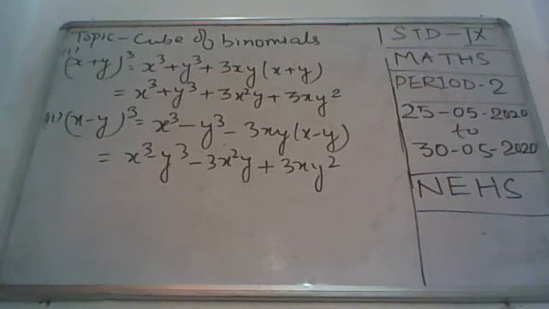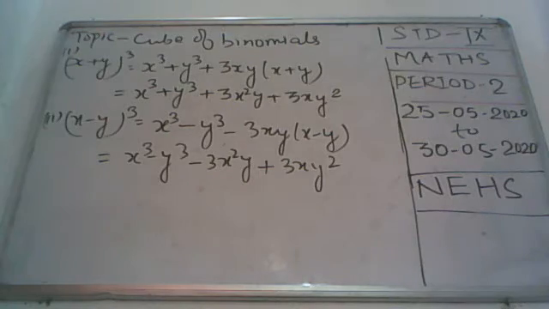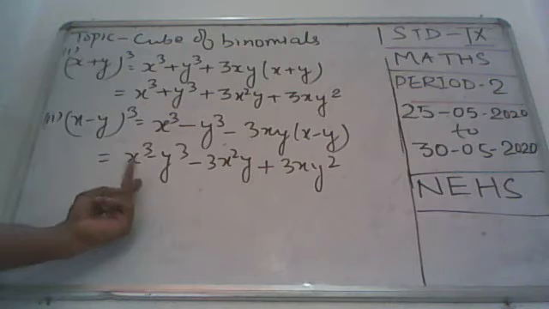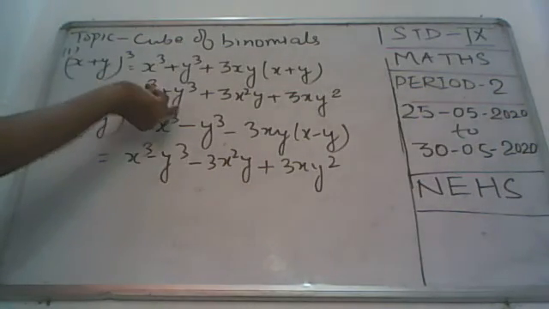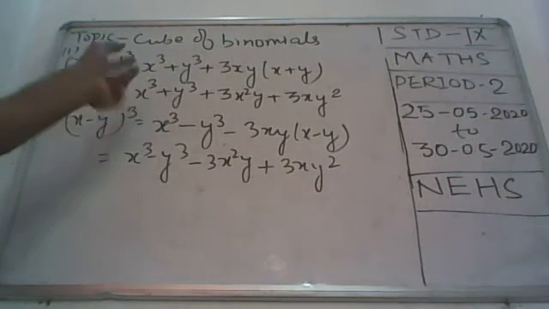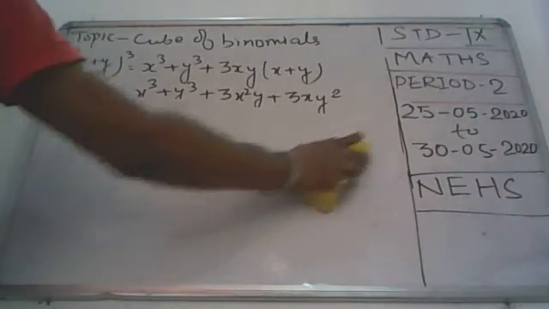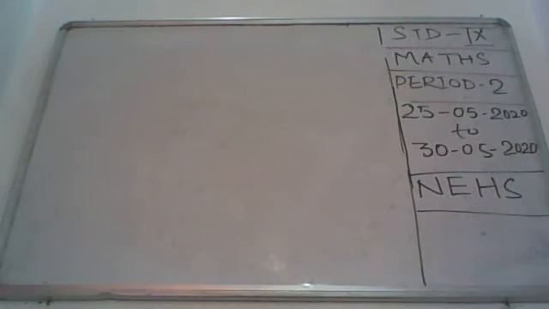Then what is the difference? See how I will recognize that I have to use the formula of this cube. There will be four terms, and in those four terms, two numbers will be perfect cubes. If the first two numbers are cubes, you can consider that we are going to use our cube formula. Now, with some examples, we understand this topic. I am going to solve one or two examples based on these two formulas, and then we will discuss how to recognize this.